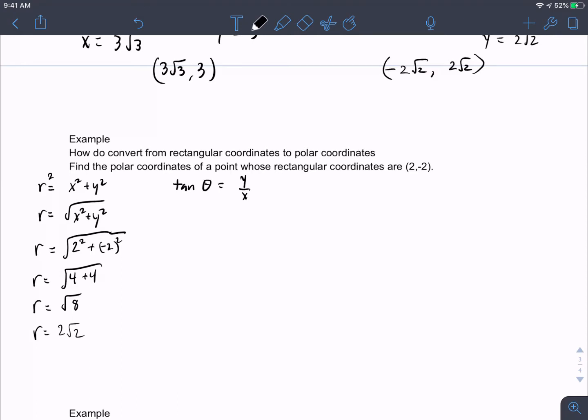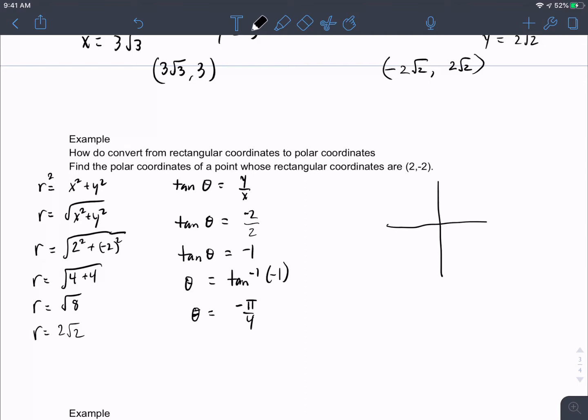Now using the tangent formula, we're going to go tangent theta is equal to negative 2 over 2, or tangent theta is equal to negative 1. So to get our theta, we're going to go tan inverse of negative 1, and that is negative pi over 4. And the reason that is, if we recall, tan inverse has to be in the first or fourth quadrant, and so we're restricted from negative pi over 2 to pi over 2. And so if I draw a picture, we're restricted to here and here,